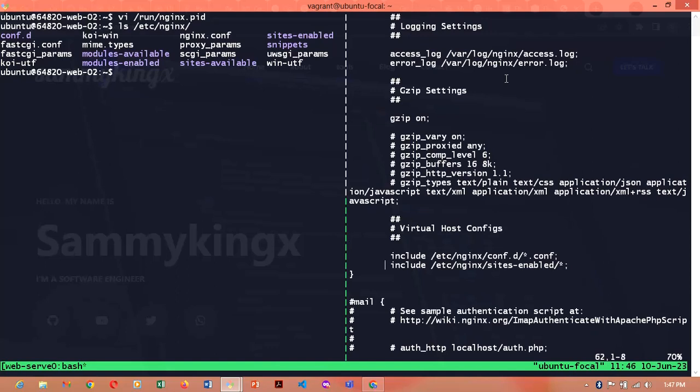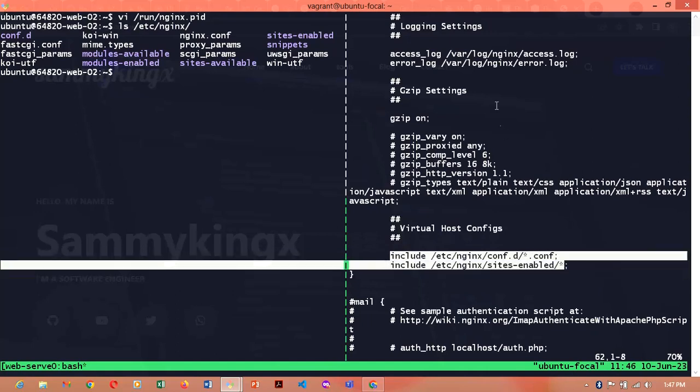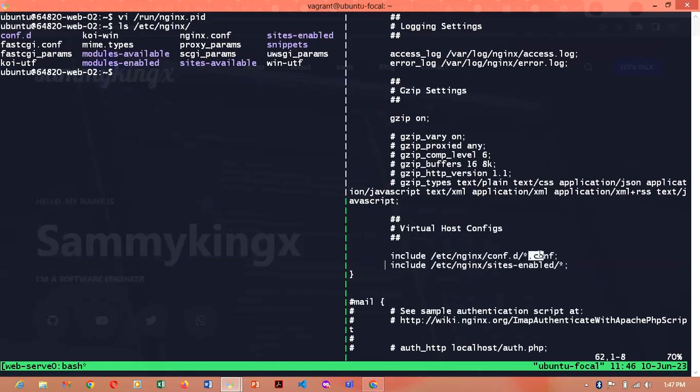Okay. Now, one thing we need to turn our attention to is this part here. After loading everything up, it is now going to load the configurations in our conf.d, all files ending with .conf, because we can see the wildcard there, and it is also going to include all files currently existing in our sites enabled. Okay, since that is out of the way,